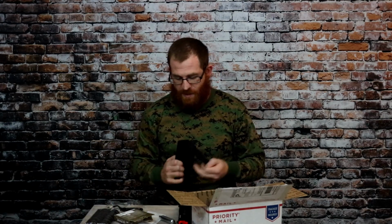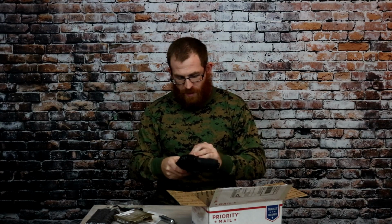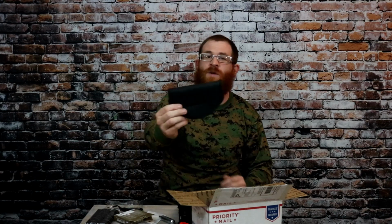MSRP of $40. So let's see, how does this fit? See how universal this holster really is. Well, it actually fits really nice and snug, without even the strap. And then of course you're strapped down. So pretty nice, pretty nice. So just as a recap, we did have the Lancer Tactical Universal right-handed Bolt for MSRP